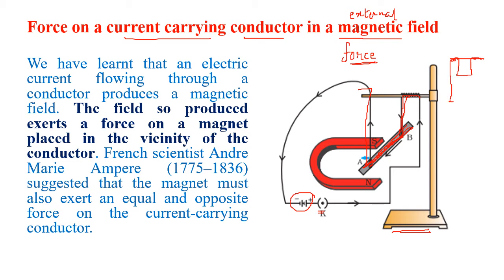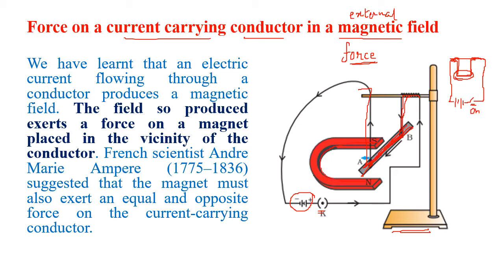Okay, and this wire we connect to a battery through a switch. So when you turn on this switch, the current will pass through this copper wire in the shape of a U, right? This is the U shape shown in the copper wire. So whenever you turn on the switch, current will flow through this copper wire and it will have a magnetic field of its own. Now what is done here? A horseshoe magnet is brought.